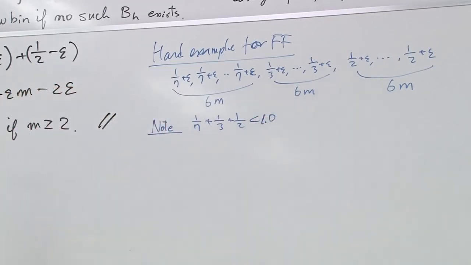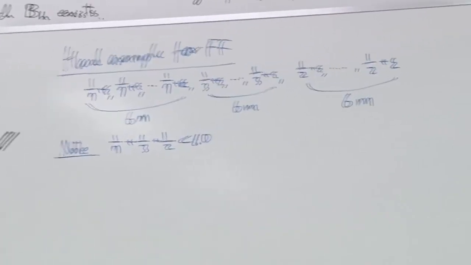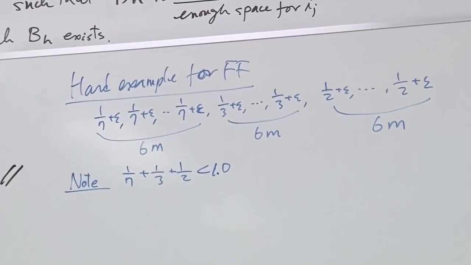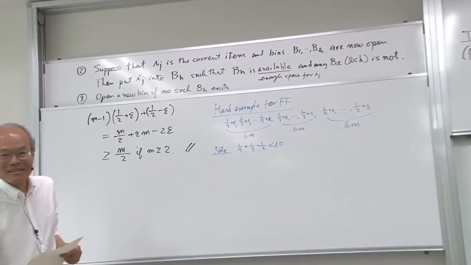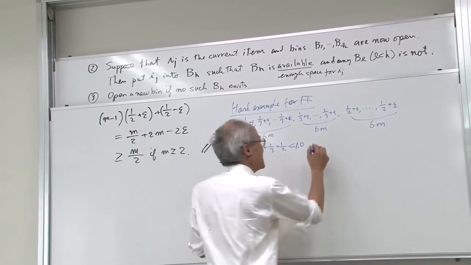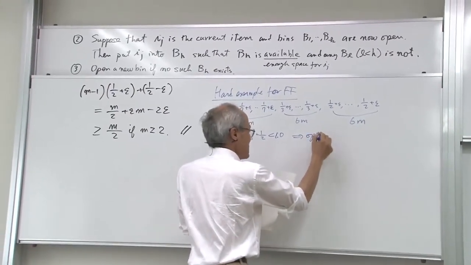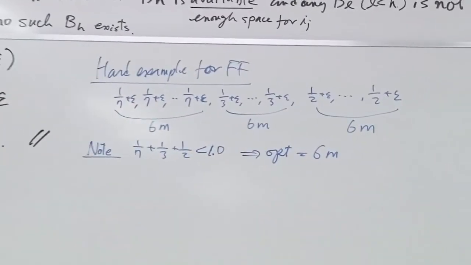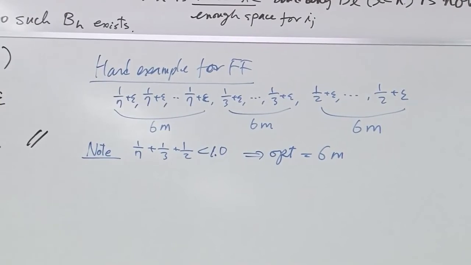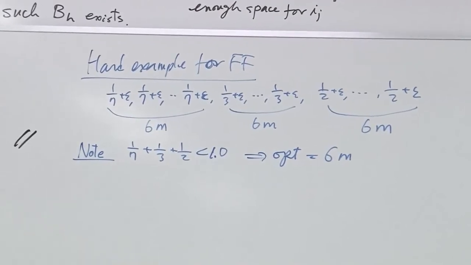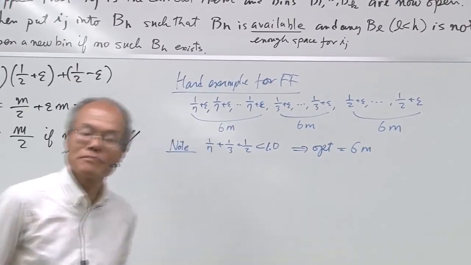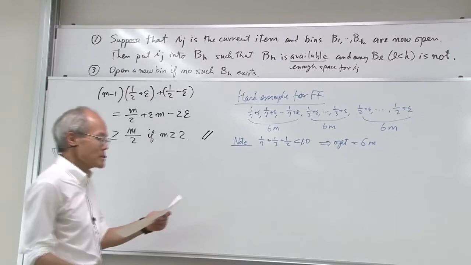Note that 1/7 plus 1/3 plus 1/2 is less than 1.0. Yeah, just trust me. That means the optimal value is 6M, because we can put one of each of these three items into one bin. So we need 6M bins. But